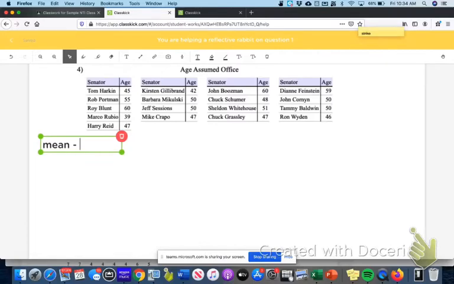Remember, to find the mean, which we frequently call the average as well, there are 2 steps. That first step is that you need to add all these numbers together. So I'm going to pull up my calculator,